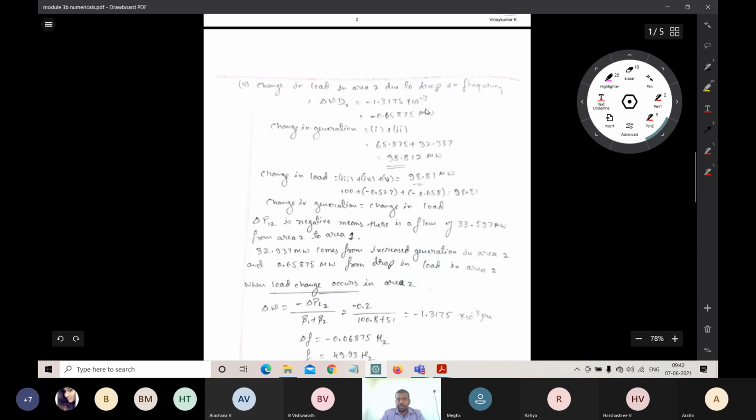So d1 d2, we have delta omega, multiply that delta omega with d1 and d2, so you got minus 0.65875 megawatt. So this is the change. So the total change in generation because of the drop in frequency...